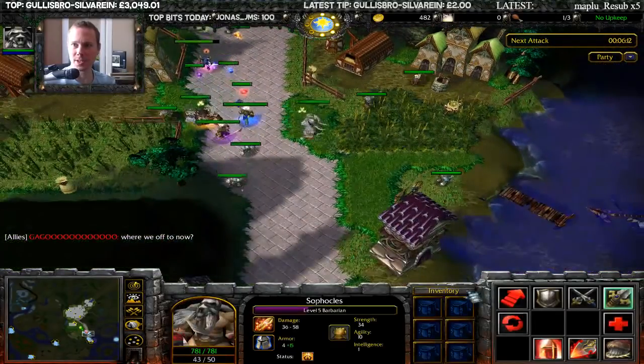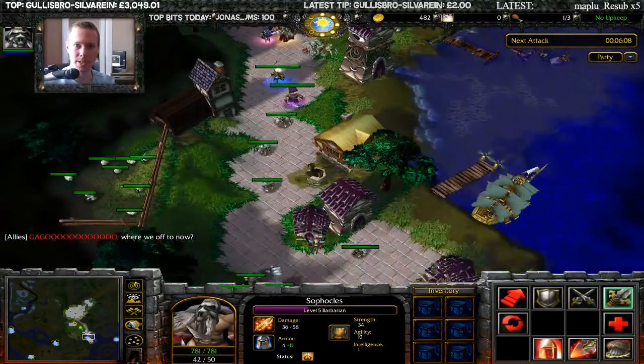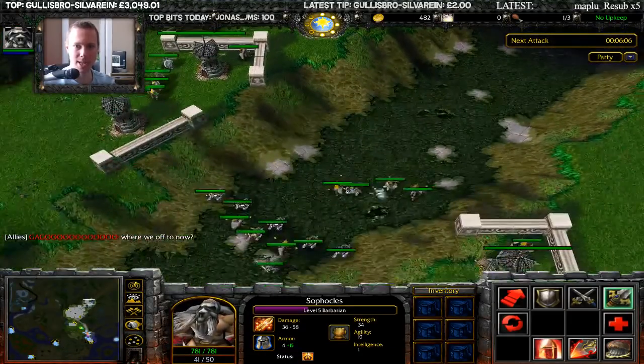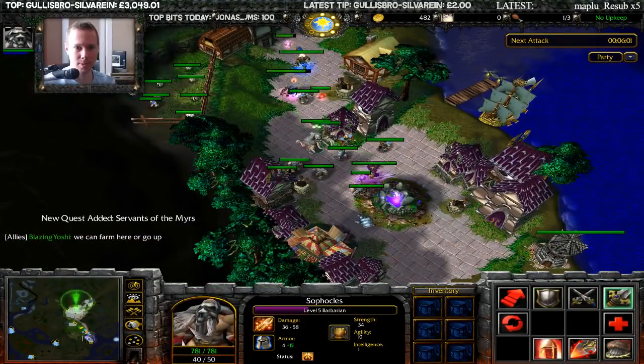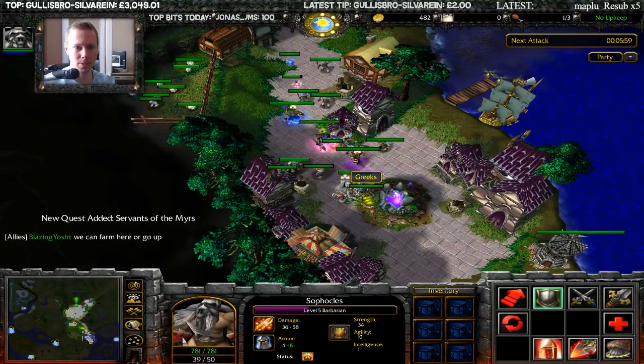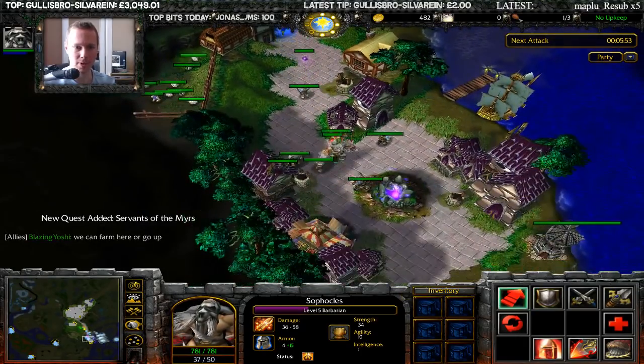Got villagers. There's another attack in 6 minutes, so we've got 6 minutes to do quests until we have to deal with the attack, and I assume the attack comes over here. What was this quest? Servant of Mias. Level 19. Well, we're level 5 at the moment, aren't we? So that seems a bit out of our...